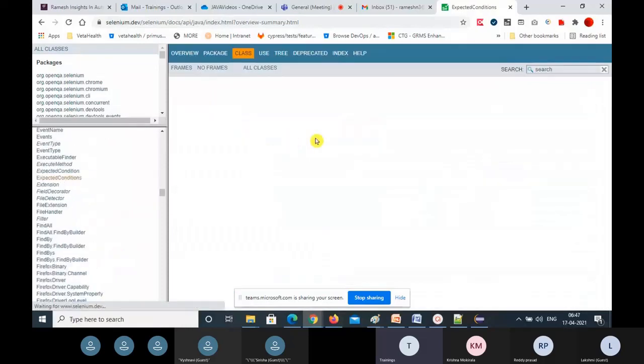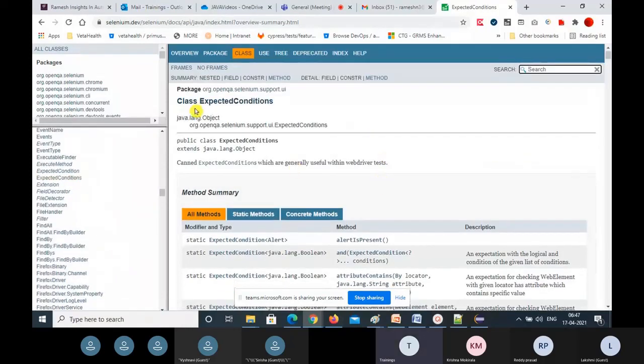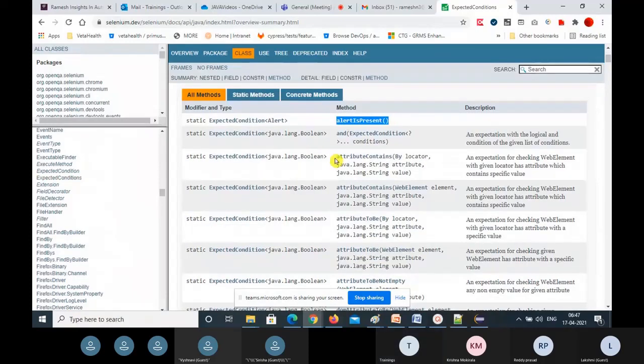See that, this is the ExpectedConditions class. See that alertIsPresent. attributeContains: see that the method name is the same here also. attributeContains: both methods have the same name, but the parameters are different. By.locator, comma, String attribute, String value.